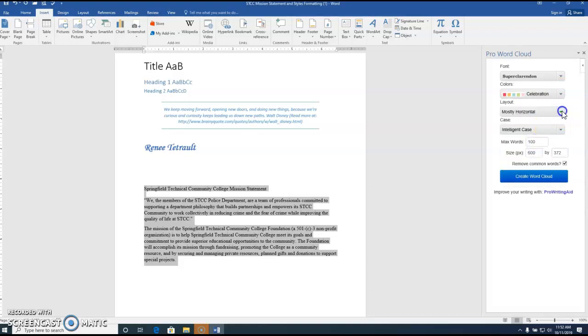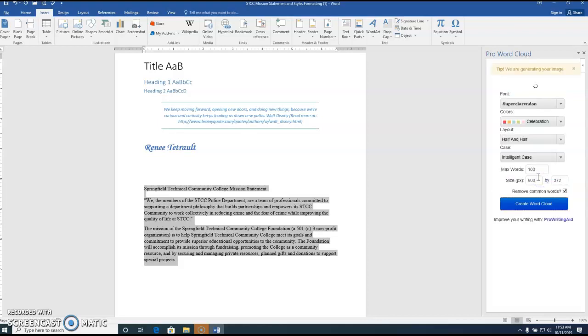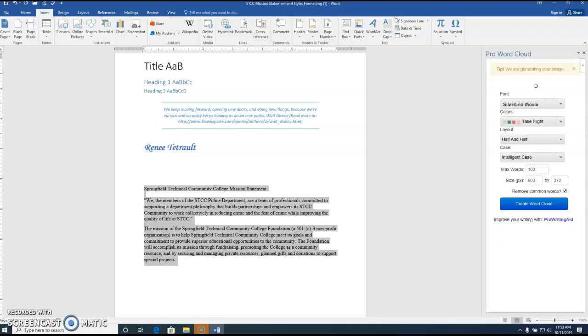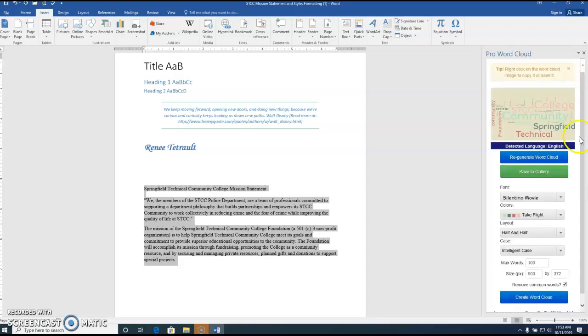You can change the layout. Do you want mostly horizontal, vertical, half and half? And intelligent case where it's initial caps, or you can have all lowercase, all uppercase, whatever you'd like. And then choose Create Word Cloud. And there you have it. If you decide to change the font or anything else, you have to go back and choose Regenerate Word Cloud. When you're happy with what you have,